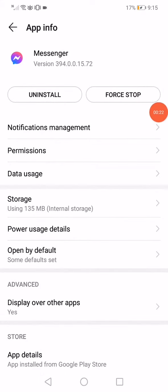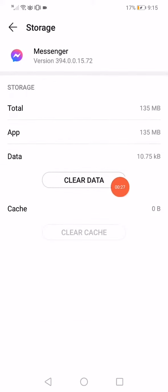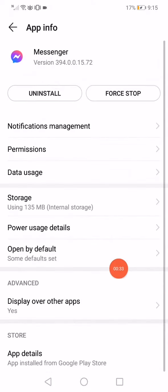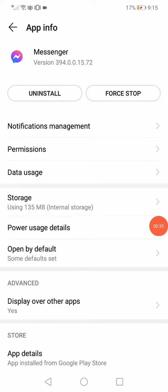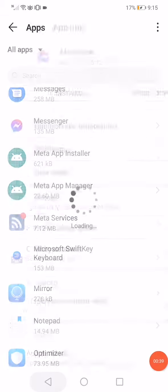When you click on force stop, go down into the storage, click on clear data, and then click on delete, exactly like this. Go back, click on the power usage details, click down here on force stop, and then go